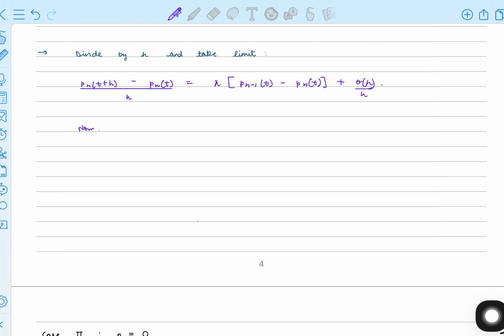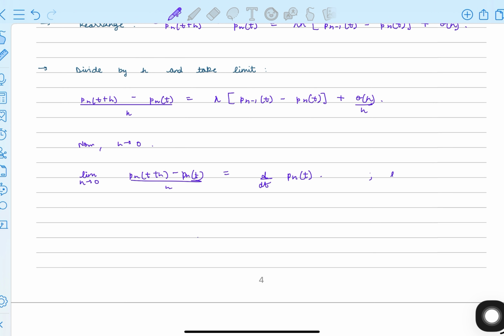Now let h tend to 0. Using the definition of derivative on the left hand side of the equation, we obtain d by dt of p of t with the subscript n on the LHS. We also know that the limit of h tends to 0, O of h upon h is equal to 0. So now when we take this equation, we substitute the LHS with this value and we put 0 over here. This gives us